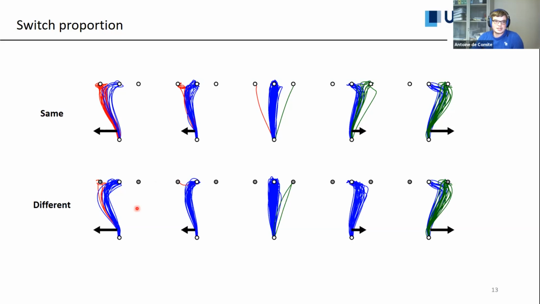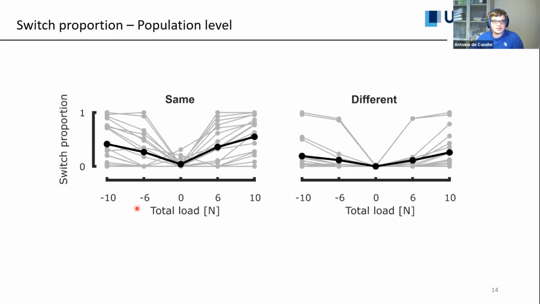If we want to look at the behavior of all the subjects and of the average subject, this is what we obtained. We reported the switch proportion, which is how often one of the two lateral targets was reached with respect to the perturbation load. You observe that this is the first line of the preceding graph. As we increase the force, on average, you are more likely to go to the lateral target, and the same for the other direction. But when we introduce reward, we observe for all the subjects and even on average that the switch proportion decreases. So if the lateral target is less rewarding, you will be less likely to switch during movement.